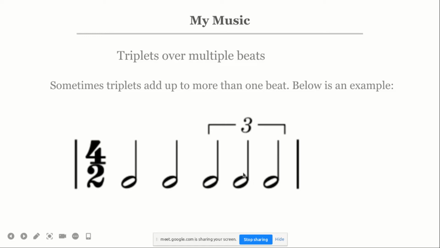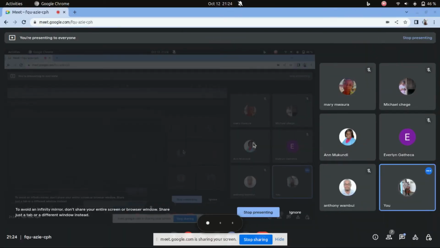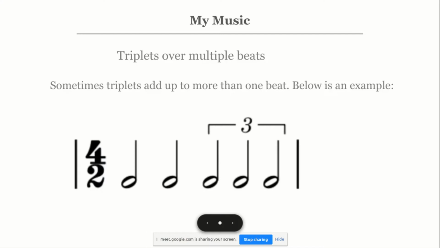So I was asking you, does the triplet cover 2 bits or 1 bit? It covers 1 bit. Okay, let's listen from someone else. Evelyn, do you agree with her that the triplets cover 1 bit? No. How many bits? 2 bits. It covers 2 bits because they are 3 and they are equal to 2. Yes, and each of them is a bit, like we have 4 minims. So we have 2 here and then 2 covered.